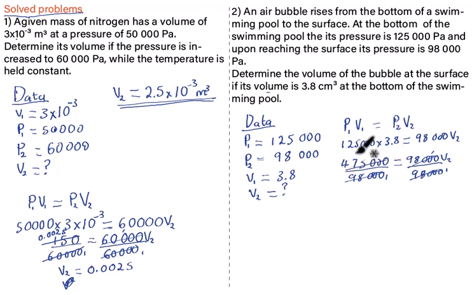What do we get? 4.8469. So V2 to how many? Two significant figures. Okay, what are then 4.8 centimeters